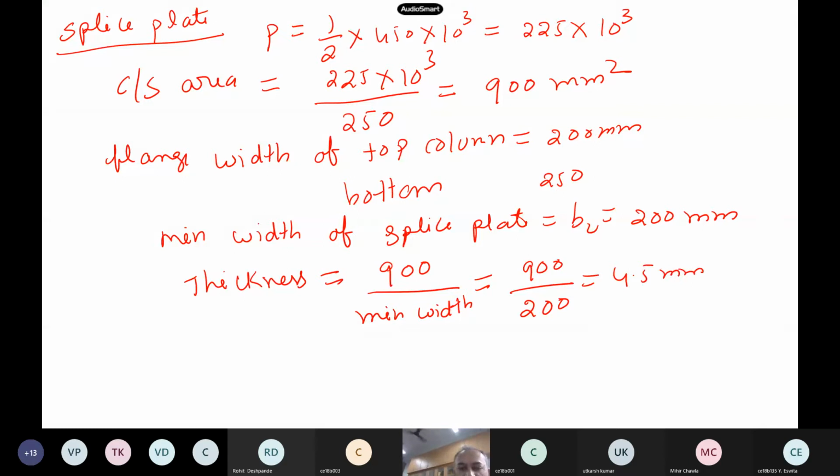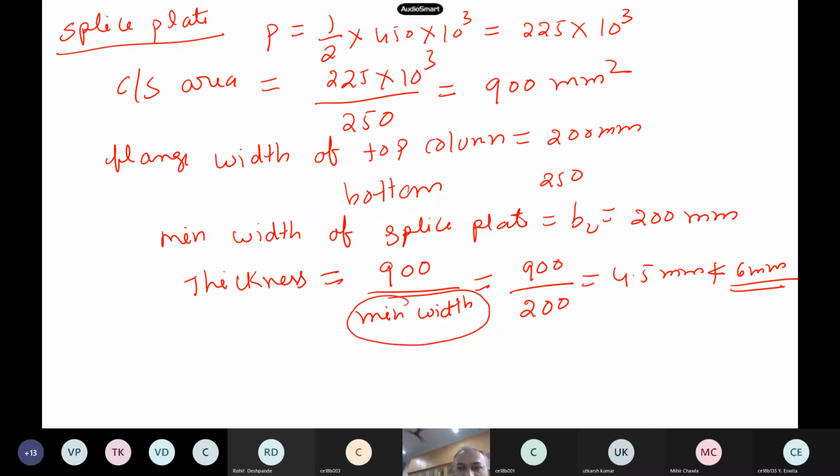But generally, as a thumb rule in practice, the minimum thickness of splice plates taken is 6 mm. So this is how we do it. The minimum thickness provided should be more or less 6 mm; 4 mm or 5 mm splice plates are not provided. To calculate thickness we have used the minimum width.